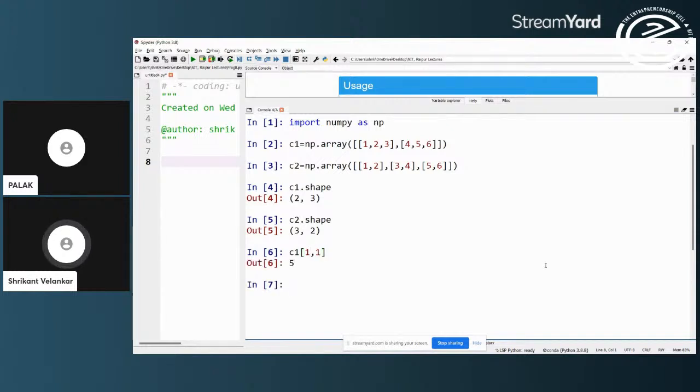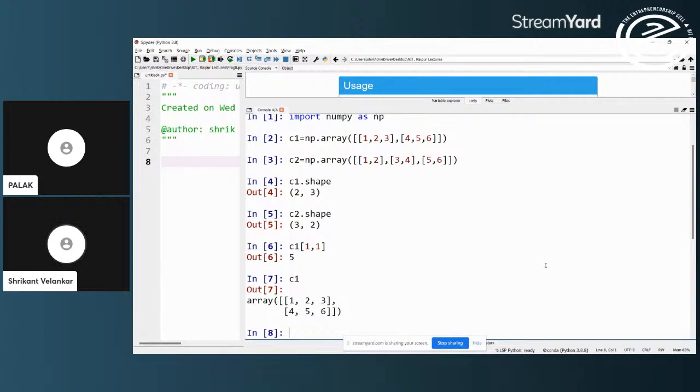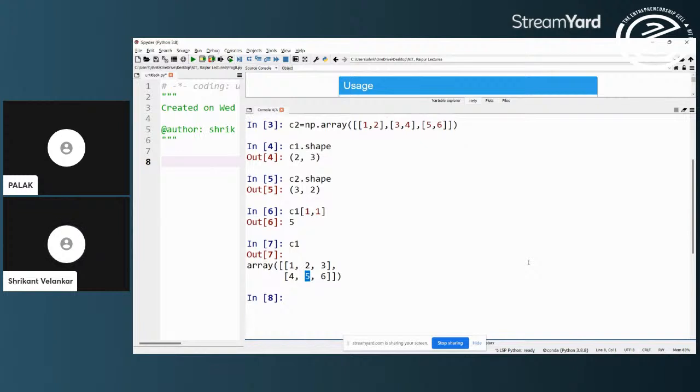Okay, so it says 5. So C1 1 comma 1 is 5 because it is the first row, first column. Okay, if I say C1, you will see that index 1 comma 1 is this element, counting 0 to m rows, 0 to n columns. So I can access this.